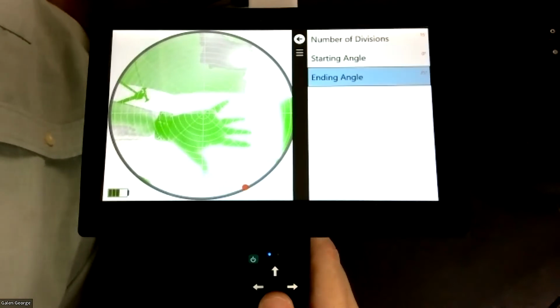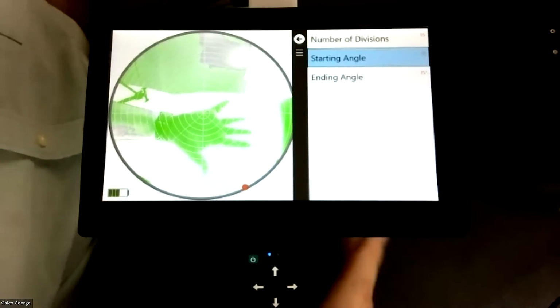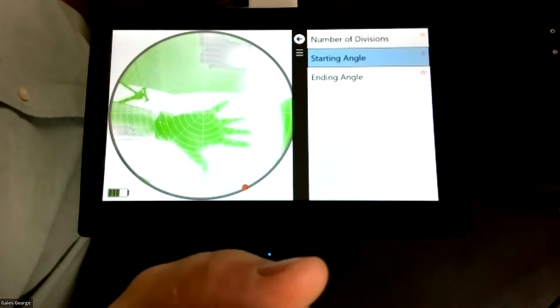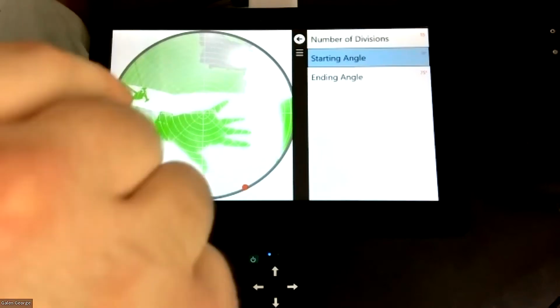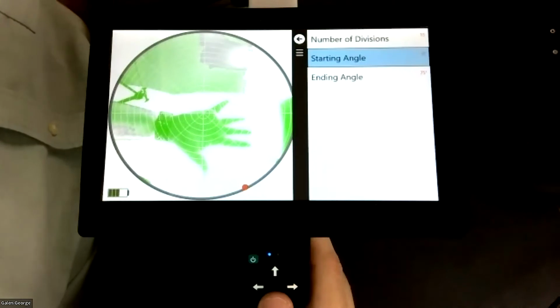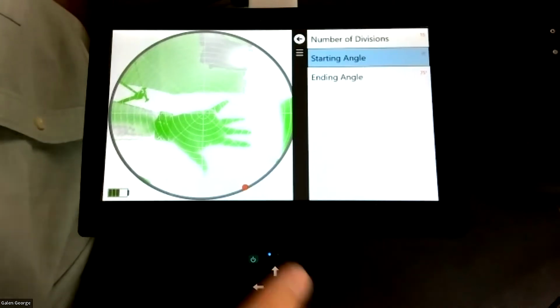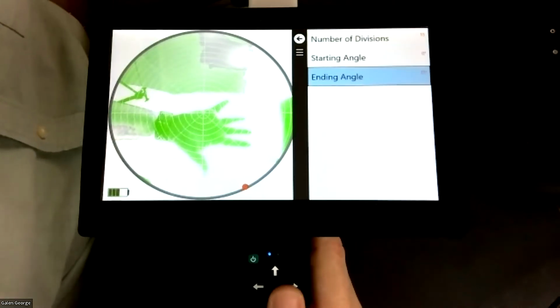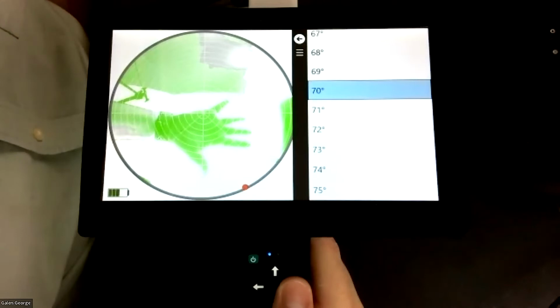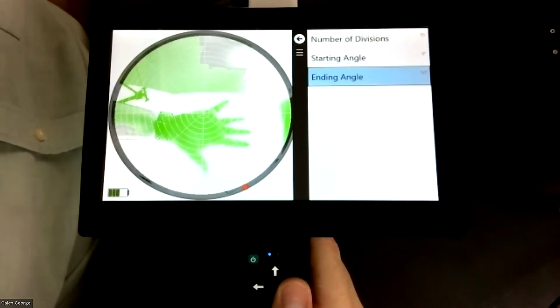So my starting angle is 0, which means that I'm starting at the pole sticking straight up out from the center of the screen, and I'm ending at 75, which is where the last concentric circle ends. So if I wanted to change my ending angle to, say, 70, now you see we're eliminating that outer ring